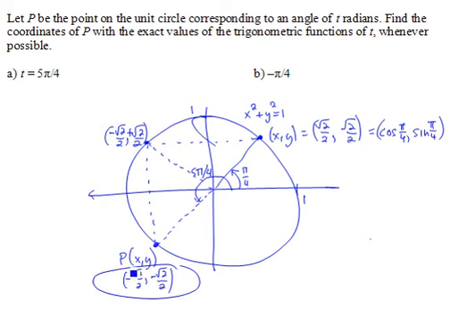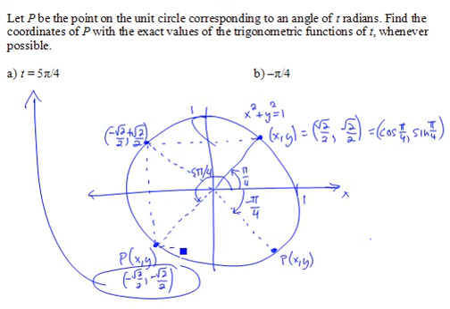And so this answers the question for part A. P of 5 pi over 4 is the point negative root 2 over 2 comma negative root 2 over 2. To answer part B, we need to go in a direction opposite the direction we were going before. We'll start with a 0 radian angle, pointing in the positive x direction, but then we need to open up in the negative direction for angles, which is the clockwise direction. That does bring us to a point here,